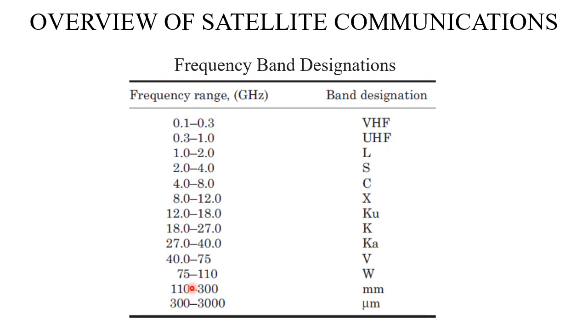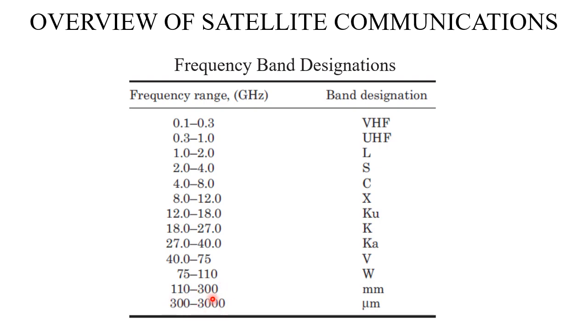Next band is called, basically we are not showing those bands. We actually start from 110 gigahertz to 300 gigahertz as millimeter wave band, but we can still divide this particular range of frequency into several bands. We are not showing it. This millimeter wave band can also be useful for radar system or remote sensing purpose.